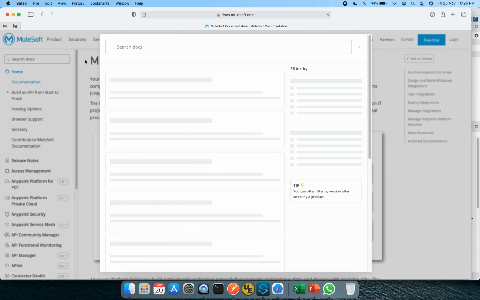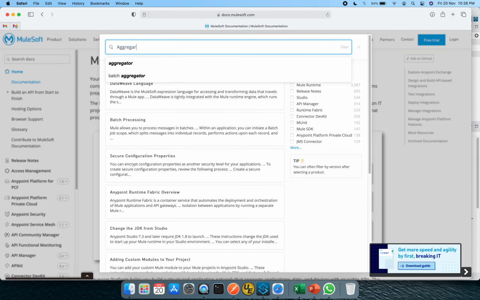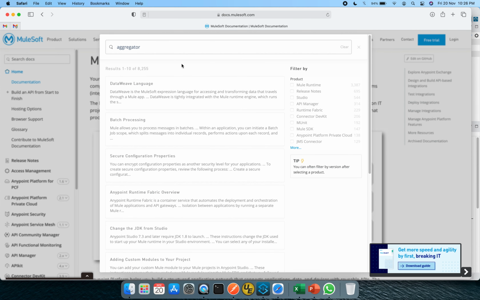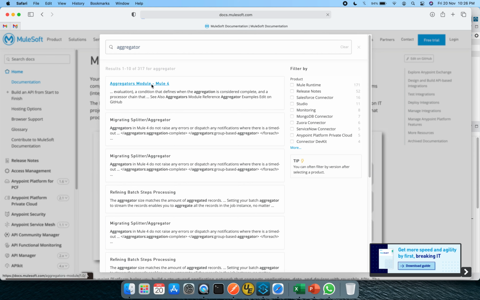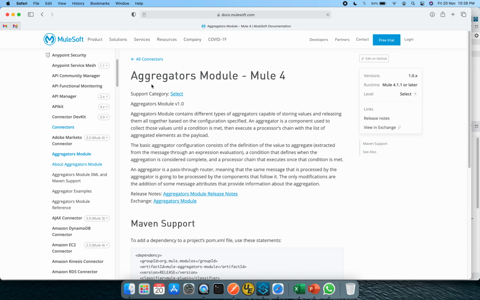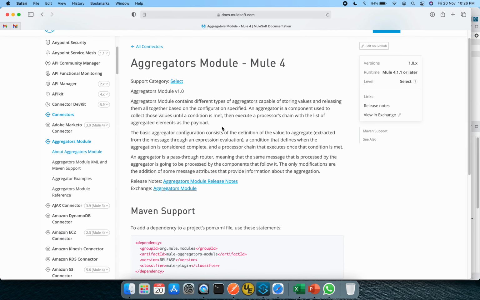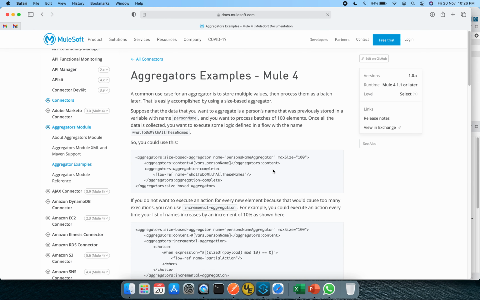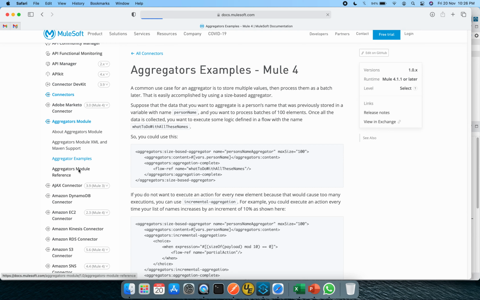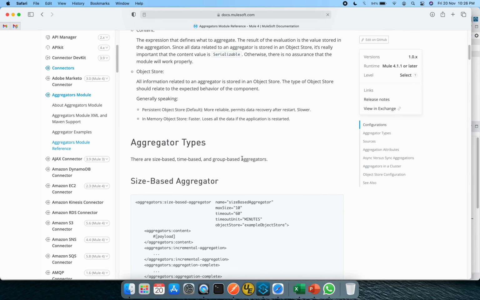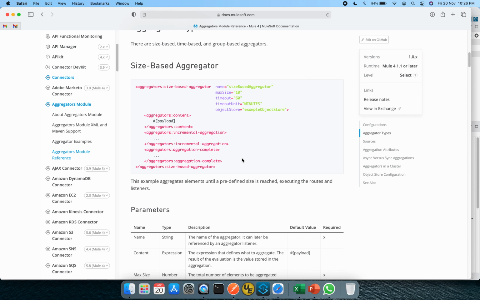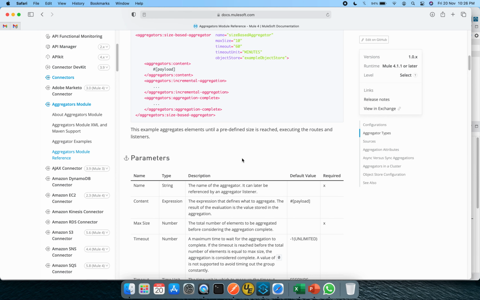I will search on this search docs and look out for aggregators module, Mule 4, and as I mentioned, it is available for Mule 4.1.1 or later versions. I will go for the module reference, because it will talk about the size based aggregator basically.